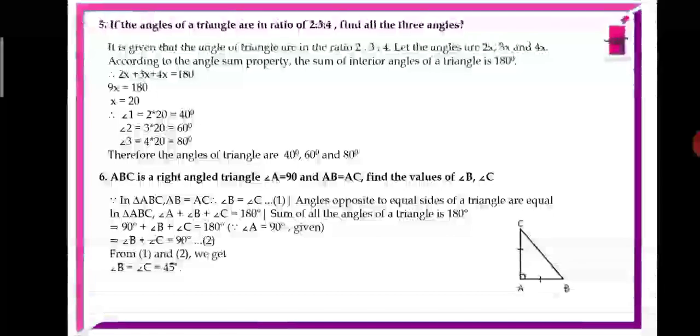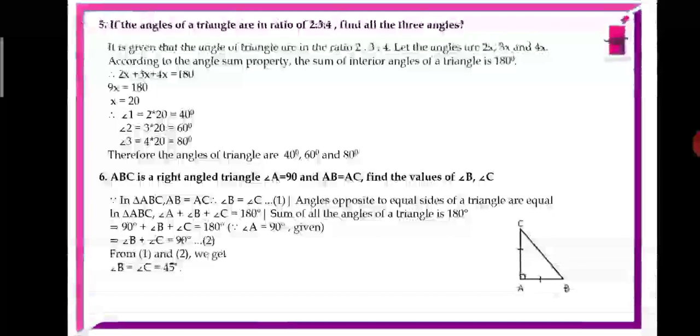Question number 6. ABC is a right angle triangle. Angle A equal to 90 and AB equal to AC. Find the values of angle B and angle C. If you see in the figure, AC and AB, which are the arms of the right angle, are equal,